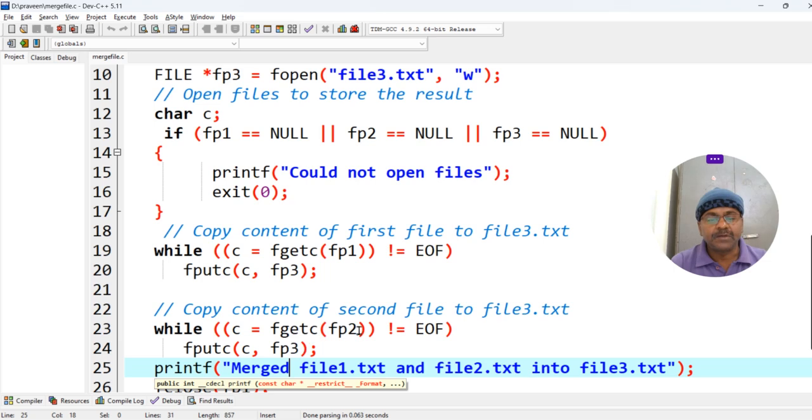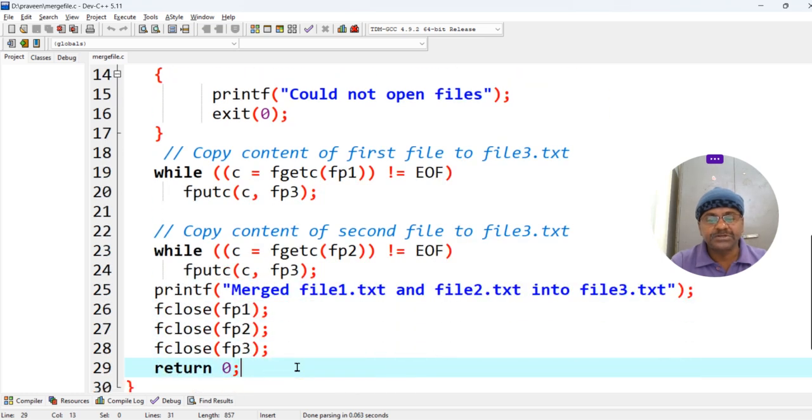After completion of reading from file 2, then we write into file 3. After morning, end of the file. End of file not equal to end of file is false. We will come out from this while loop. Next, now we have successfully merged file 1 and file 2 in file 3. Now we have to close